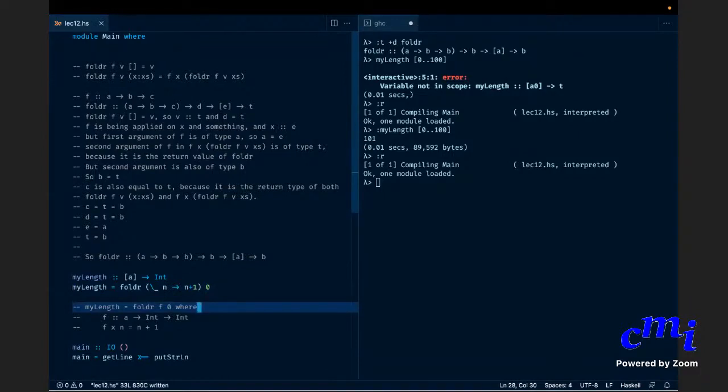So now, clearly, even in this small example, this is better because this is better to read because the moment you see foldr, you want to know what function you are folding over the elements of the list, and I'm immediately giving you this function. Okay. It is my own function.